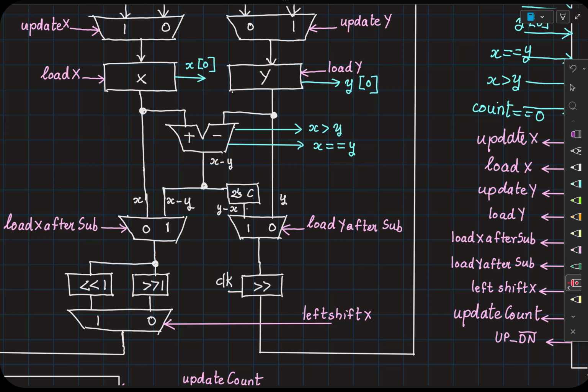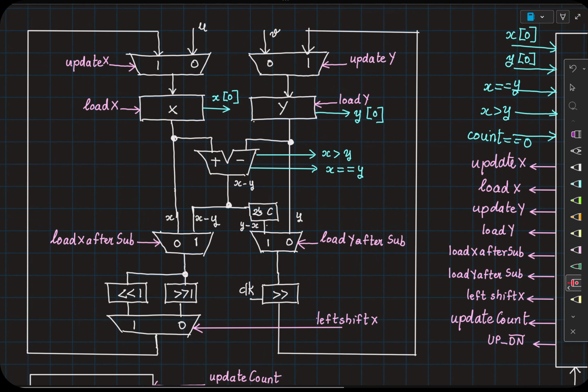Okay? But at that clock edge, when the right shift is happening, we cannot just place these values in the register right away, no? Because we have to wait for the clock cycle, right? You will have one clock cycle delay here, right? For this part there is one clock cycle delay, but for the negative or equality check part, there is no delay. So this can cause a problem. It can cause a problem if you don't take care of it when you are generating the control signals, right?